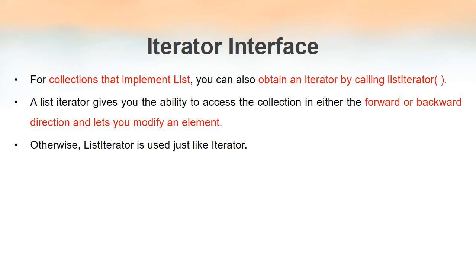If we are using the iterator method, we'll get an iterator by which we can traverse the list or the collection only in the forward direction. Backward direction is not allowed by the Iterator. So if you want to traverse in both directions, as well as modify the existing element in a list or in a collection, you first have to implement the List interface and then make use of the listIterator method, which returns a ListIterator. By using that object, we can move in both directions as well as modify the element. Apart from these differences, ListIterator and Iterator are the same.